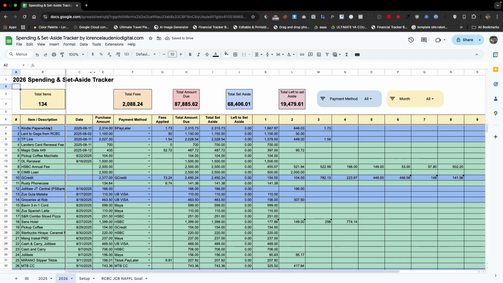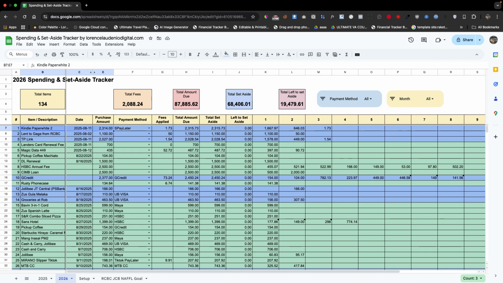And then I will be deleting some columns. The column A has a formula, so you don't have to delete that. So we will be deleting the item, date, purchase amount, and payment method.